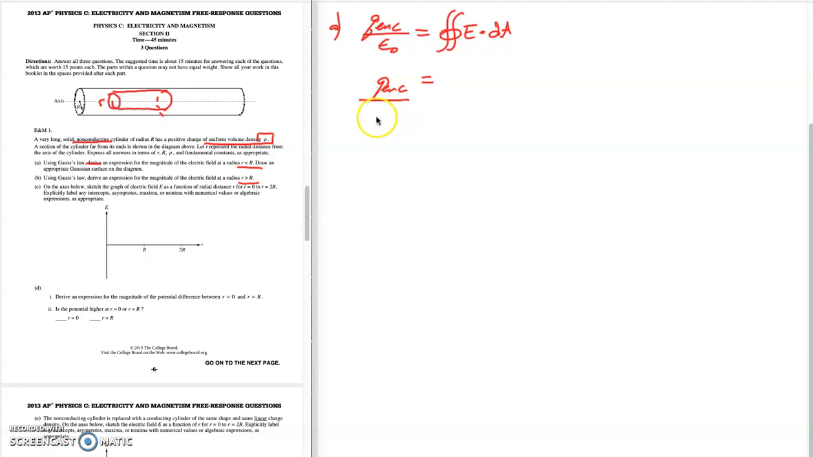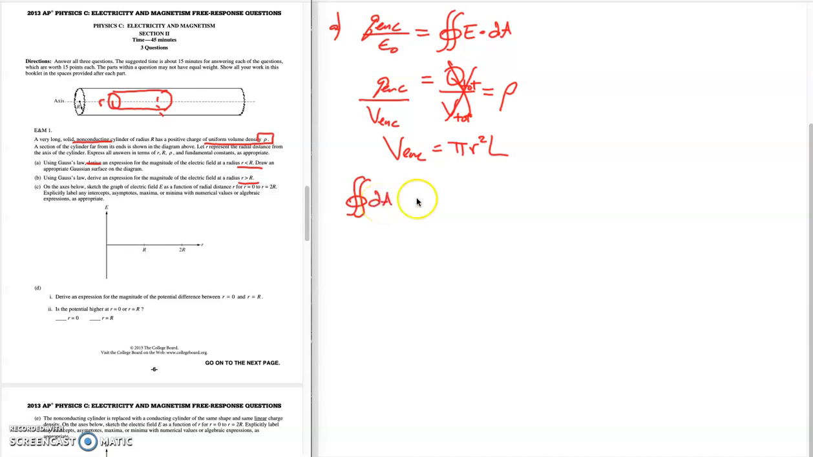So Q enclosed divided by the volume enclosed is going to be the total charge over the total volume, but they didn't tell us the totals. What they told us was the uniform volume density is rho. So instead of using totals over totals, we will use rho. Now the volume enclosed is the volume of this smaller cylinder. So V enclosed is going to be pi r squared L. And we're going to use this when we take a look at the surface area